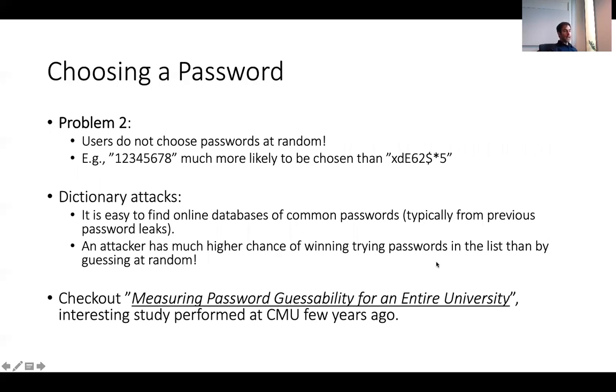Another problem with choosing passwords is that users do not choose passwords at random. And studies have shown that passwords like 1, 2, 3, 4, 5, 6, 7, 8 are much more likely to be chosen than a uniformly random password. On top of this,